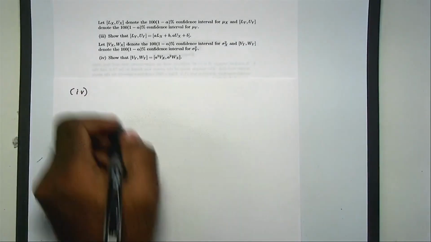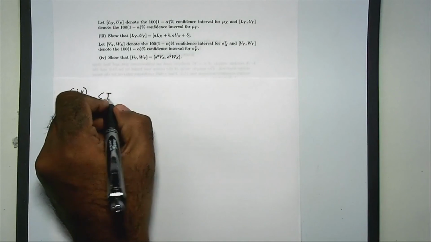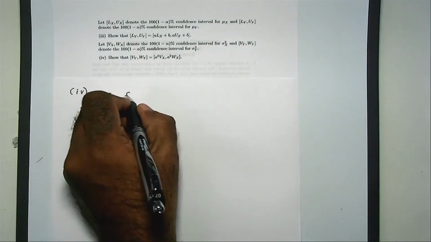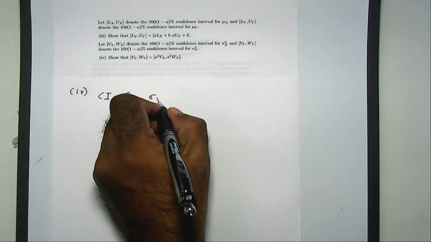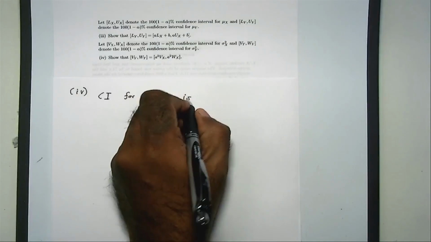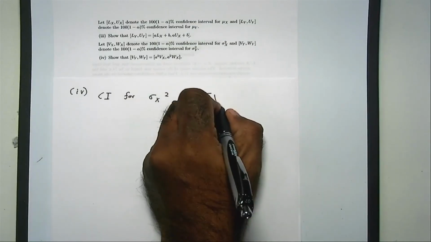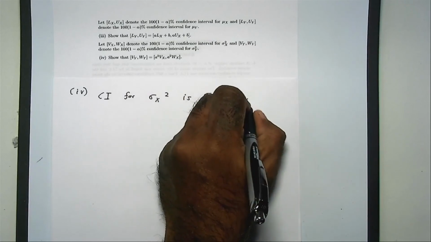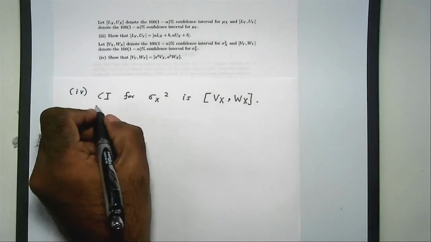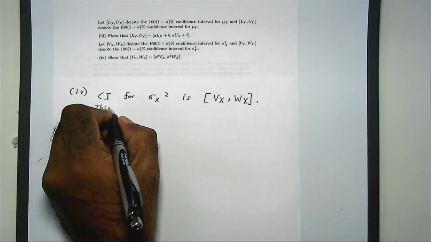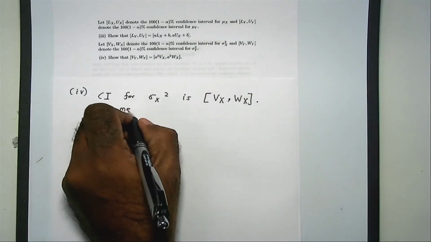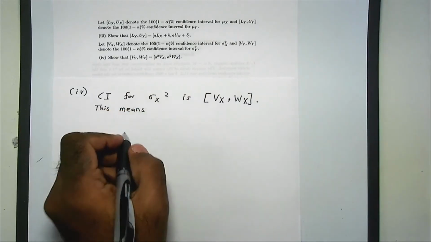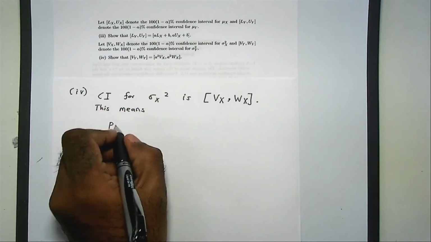You have a CI for sigma x squared, and this means the following, that the probability that